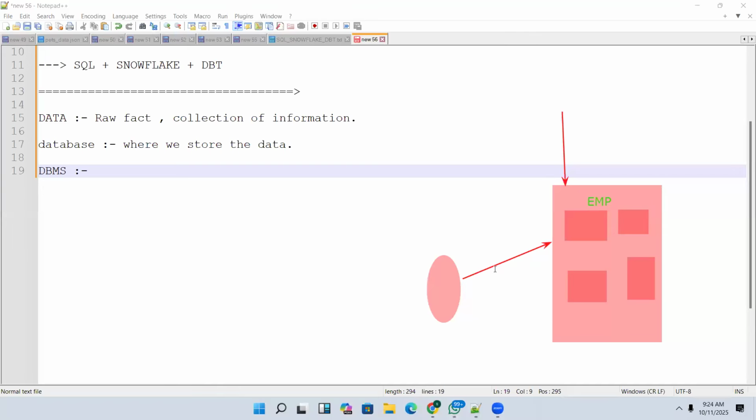Okay, if you want to retrieve the data, if you want to insert the data, guys, every day there will be a business. Every day some new data will come, some old data has to get deleted, and if there is some old data, it has to get updated. If you want to delete the data, update the data, or insert the new data, all this management is needed.